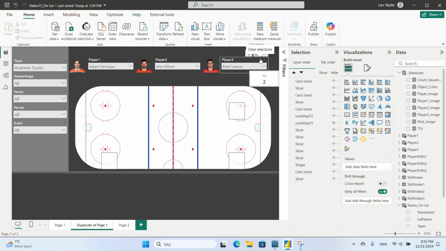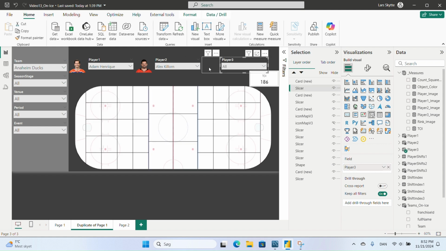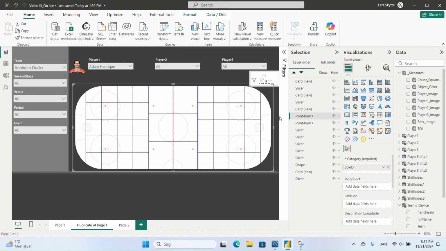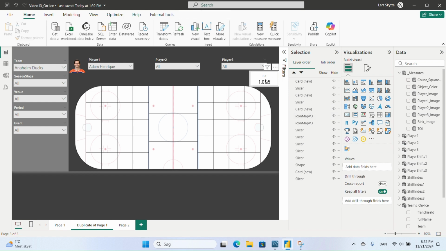Yeah, so this works. So we've set it up now so that you can select 3 players and then it will show the events with those 3 players on the ice together, and it calculates the time on ice they have on the ice together. The last thing we need to do is we need to fix this one. So if we select